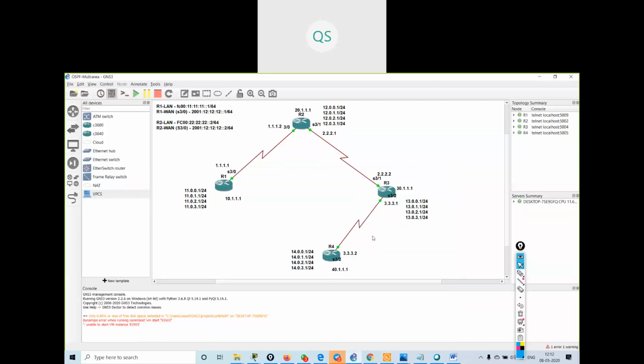Okay, let me check the configurations with this router. I will take one more router over here. I will make the connection between these two routers, R4 and R5, with FastEthernet connections, 0/0 and 1/0. Okay, I've made a FastEthernet connection over here. I will switch on this device and take the console.